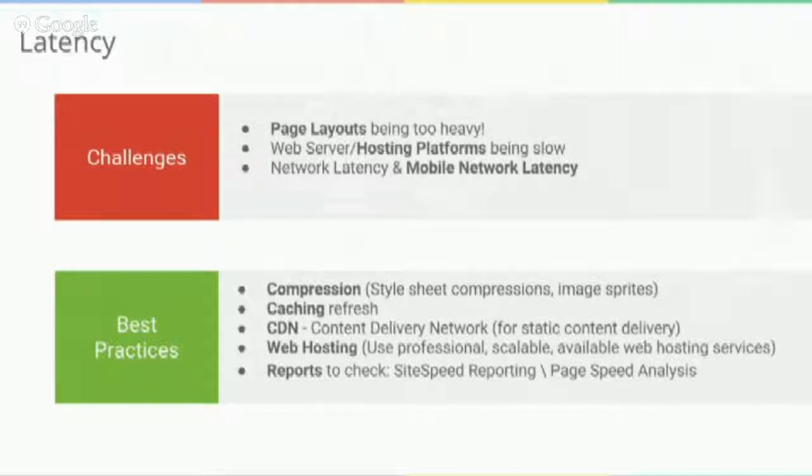Second, web hosting platforms. Definitely try to keep check on how good your platform service provider is, how good these web servers are, how available they are. There are tons of services out there to allow you to measure the performance of your web server and make sure it's available most of the time when customers are requesting pages and objects on your site. And finally, network latency, and more importantly, mobile network latency. Any stats you read out there will tell you that a lot of your customers are accessing your site via mobile networks and on mobile devices. And the bandwidth there is way smaller than a regular desktop bandwidth. So keep that in mind.